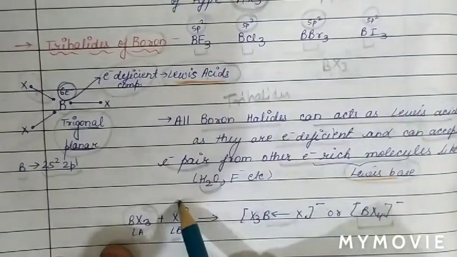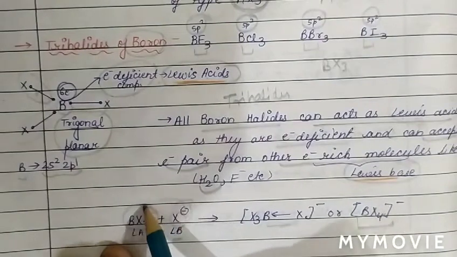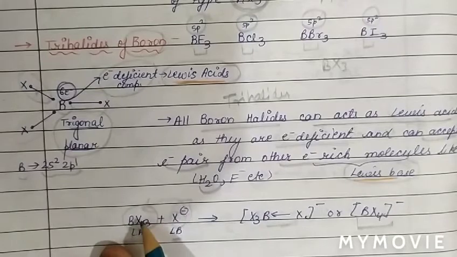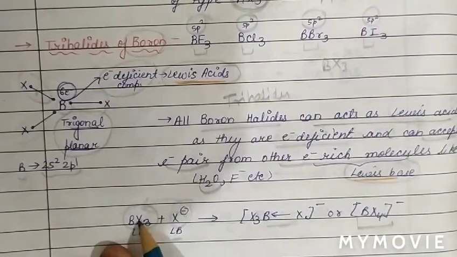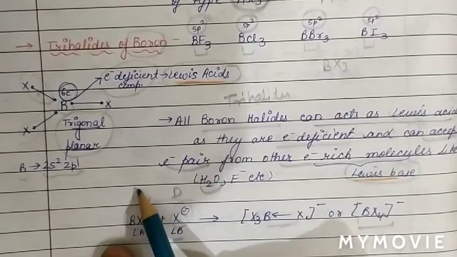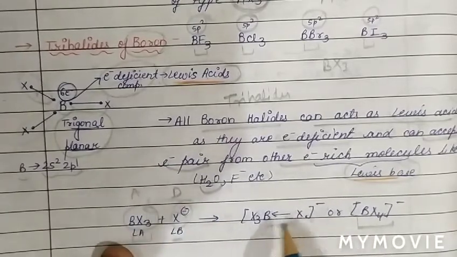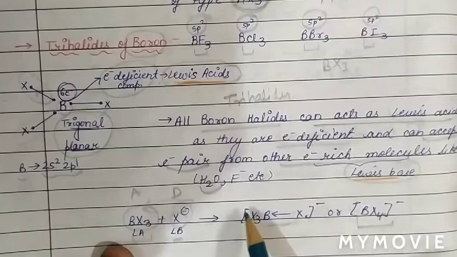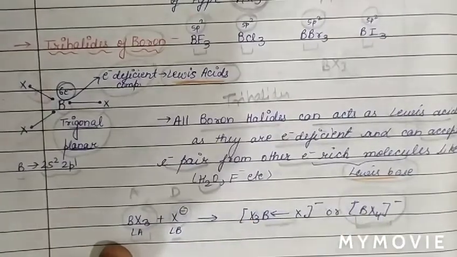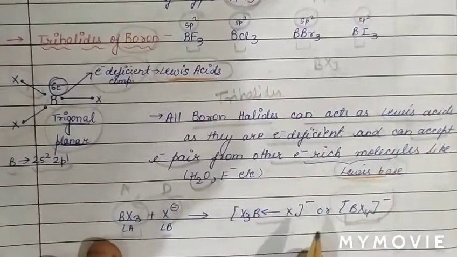If any electron rich species will donate its electron pair to boron trihalide, then there is formation of a coordinate bond from donor to acceptor. So Lewis base is basically the donor atom and Lewis acid is basically the acceptor. So there is formation of a coordinate bond from donor to acceptor, and it forms a tetrahedral complex of BX4 negative after acceptance of electrons. Now see,